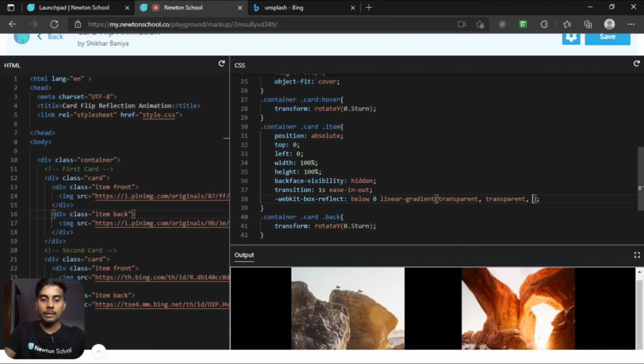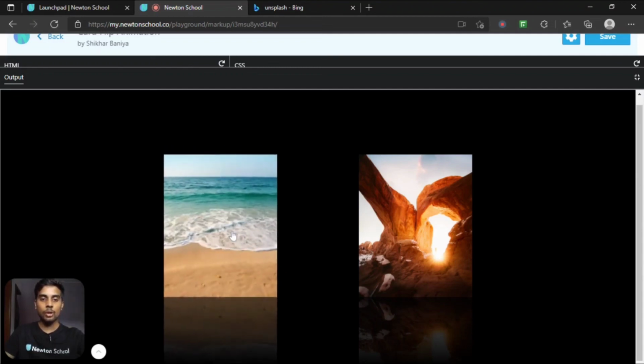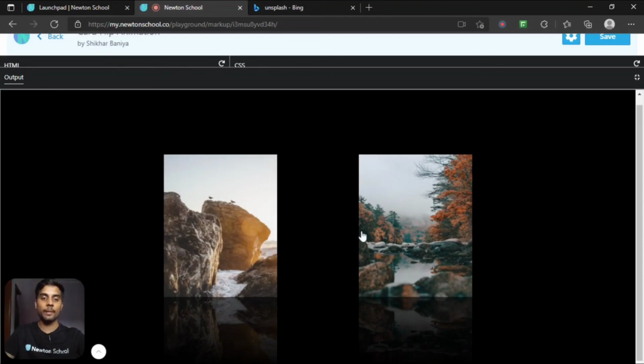Okay, and then the RGBA value for mirror effect. So 000 means black, and then the opacity value 0.4. Now we got this beautiful reflection, and it is also flipping.